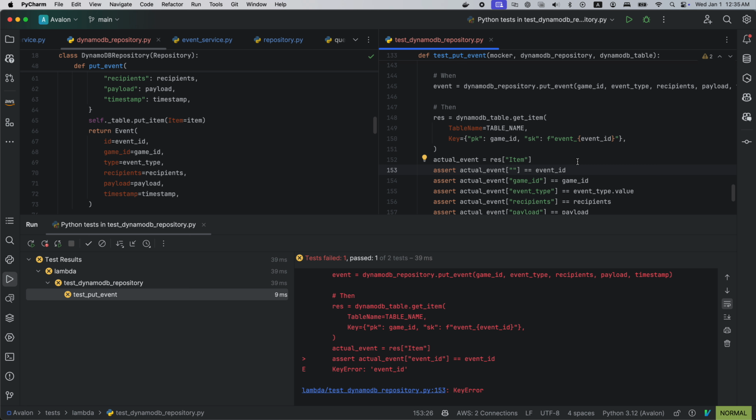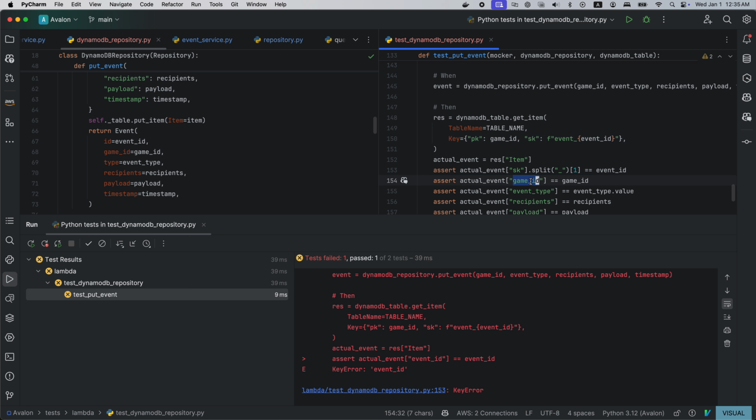The event ID is actually the sk, and it has to be sk dot split underscore 1, because after splitting it, the 0 is event, the second part is the event ID.